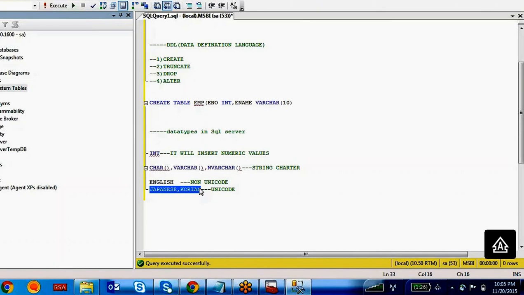These characters and strings are different whenever you compare with English. So if you want to maintain these kinds of languages, then definitely you have to take the nvarchar data type. If you want to maintain only English, you can take the varchar data type. Got it? Right.